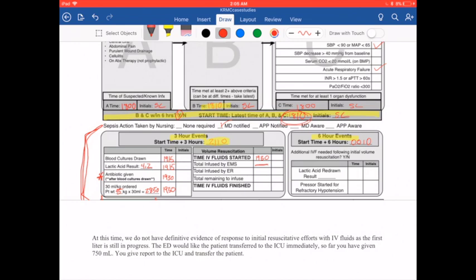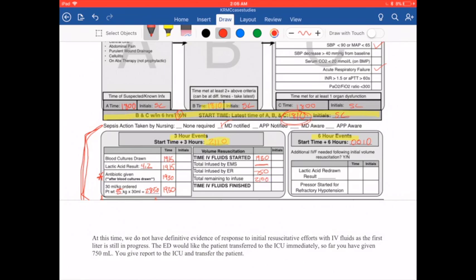So this is where you're going to have to do some math again. So the total infused by the ER, like I said, was 750. And then what the floor nurse is going to be asking you in report and looking for on this tool is how much is left. So we have 2100 left,